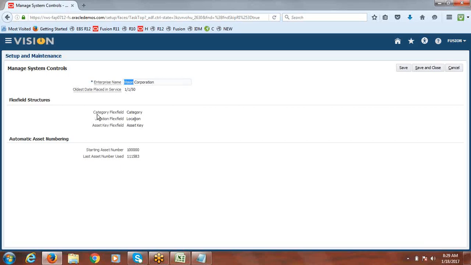And the category flex fields: these are instances whatever Oracle already created, those we could see there. But when we are working, we will create our own. However we created just now, the same will be selected. But here we don't have any scope of selection, and you can give the starting asset number and all, and it will keep running the same sequence whatever asset you create anywhere within the instance, enterprise or whatever.